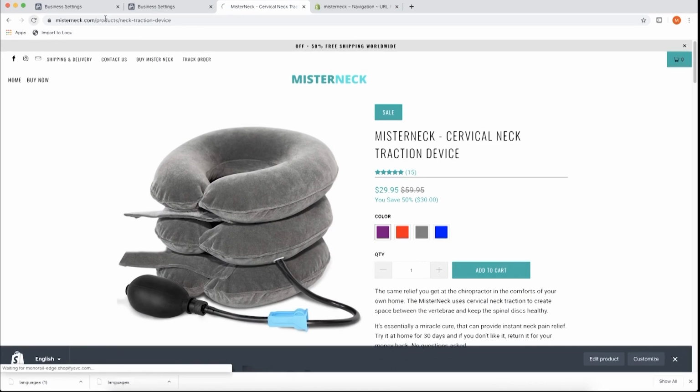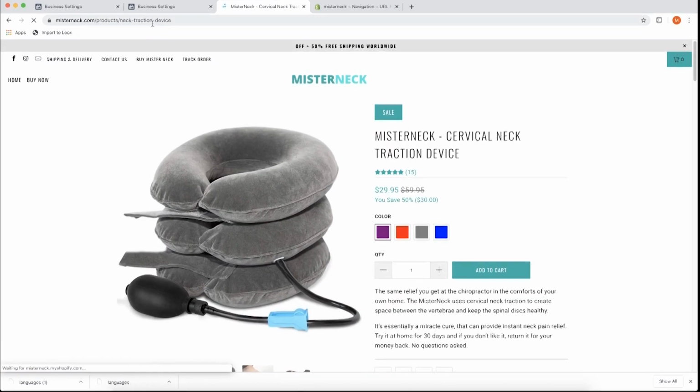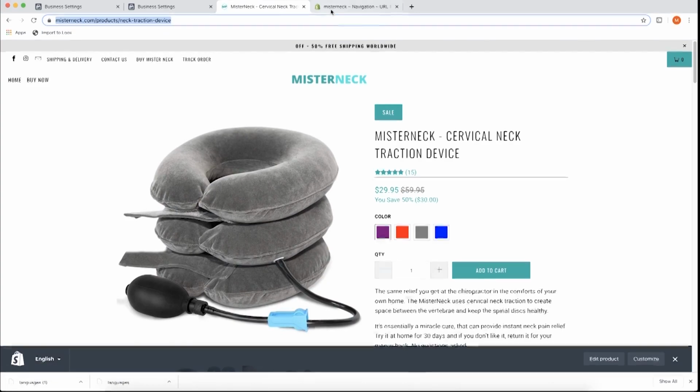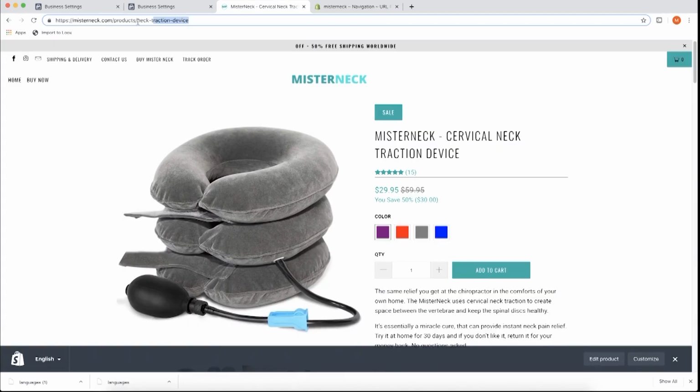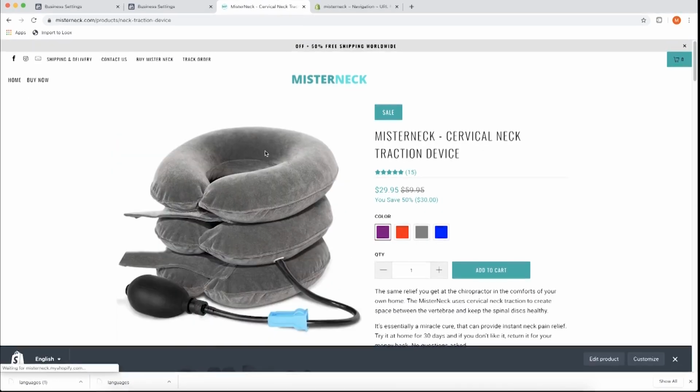You want to grab your URL, so this, go back in here, paste it in, and then write something that's easy for people to remember. So I did /by. Now you can make it like /shop or /neck, whatever you want it to be really. But most of the time I just do /by. So now if you go over here, you could type in mrneck.com/buy, and it should take you right to this